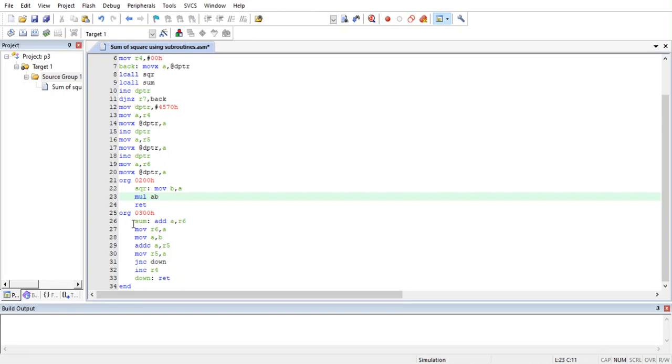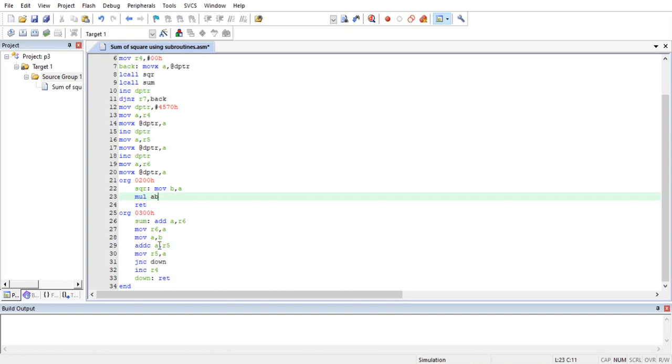where we have given the instruction ADD A, R6, where the lower byte from the multiplication will get added with R6. R6 is initially 00, so the lower byte just gets added to 00 and we move the result back into R6. The next loop onwards, the previous lower byte and the new lower byte will get added, and here we have taken the higher byte to A because we can do addition only with the A register. Then we have given the instruction add with carry, because if there is a carry out from the previous addition, we need to consider that as well.